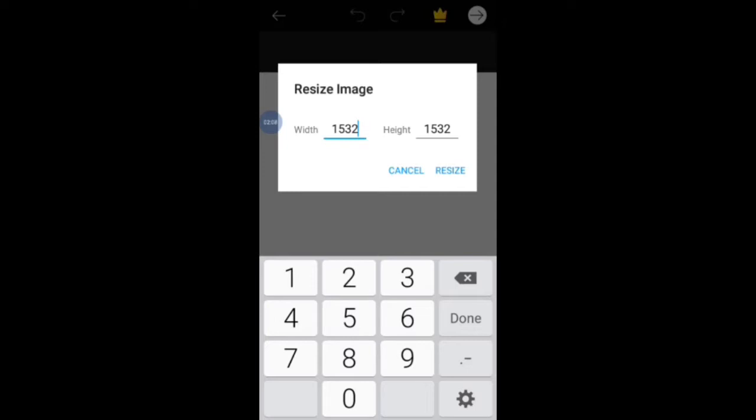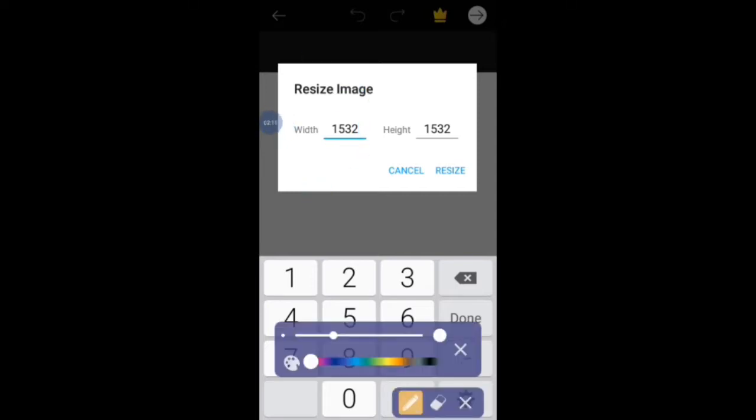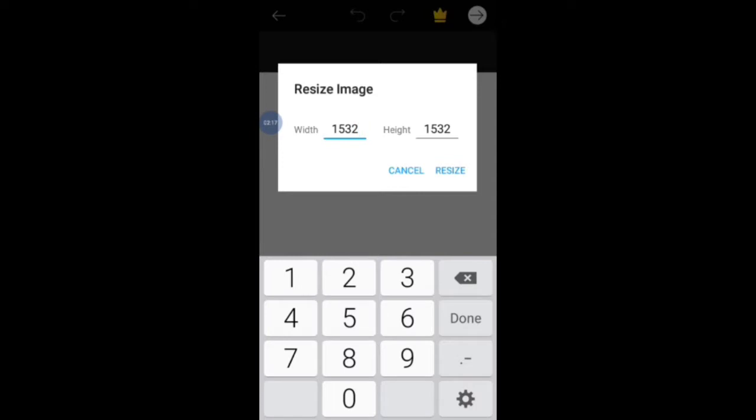Here you can see I have made the photo size 1532 by 1532. This is the size you have to make the background for your YouTube channel logo. Then press on resize. Then go to text